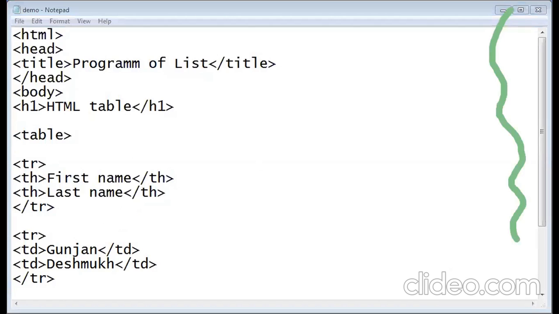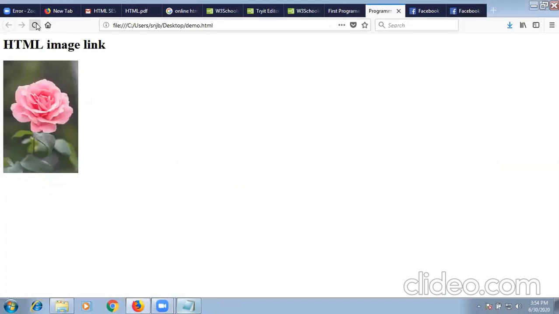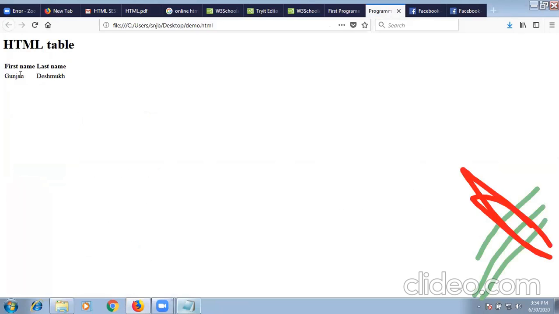Go to the browser, program, then refresh it. The content will be visible in this format because I have not added a border. It is in table format but not in a proper manner.